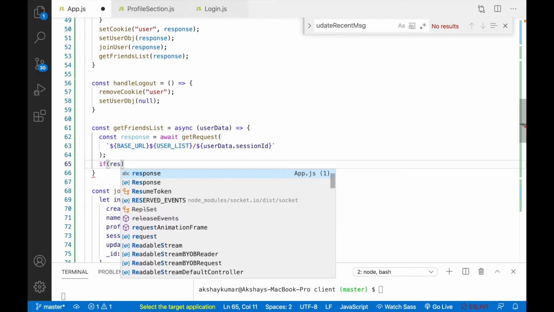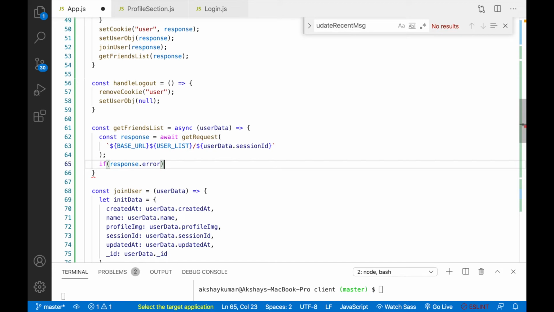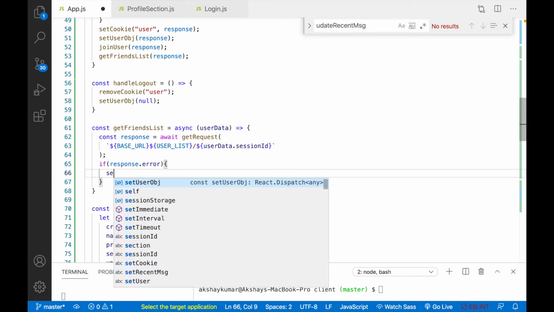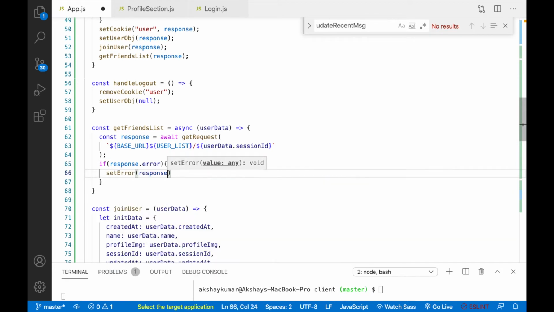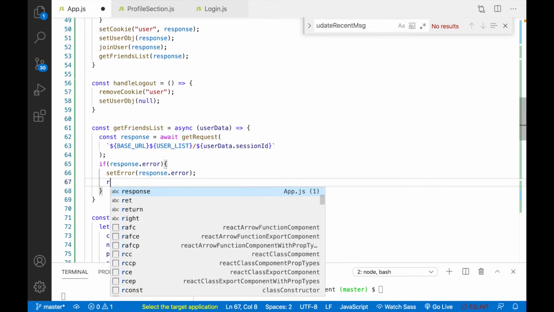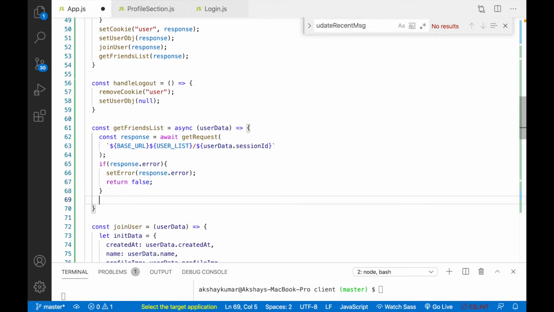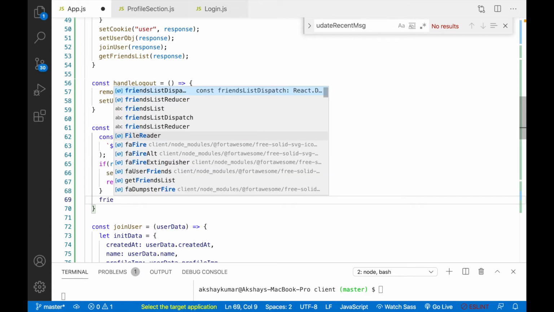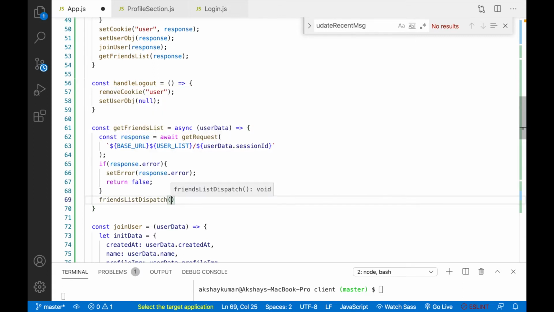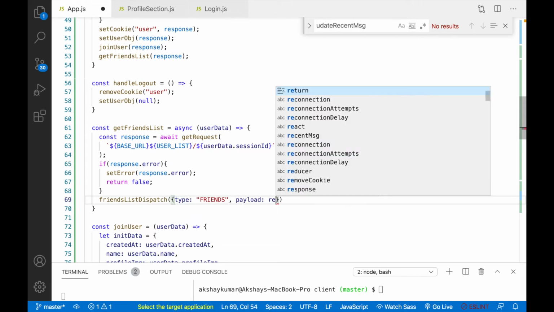So if response.error, if error is there, we'll write setError. Here we can pass response.error and we'll do return false. Okay, if there is no error, we'll write friendsListDispatch, and here we'll pass type, that will be friends. And then we can write payload equals response.